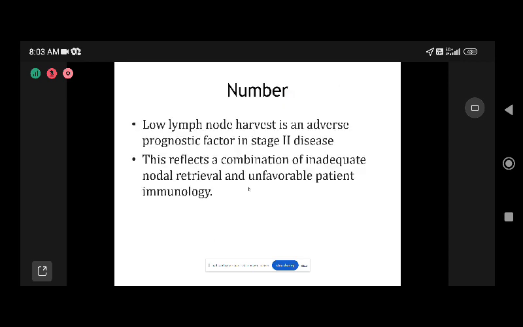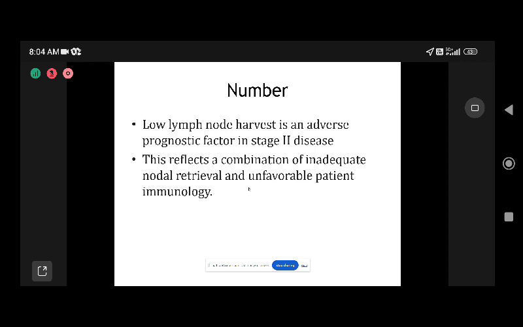And low lymph node harvest is an adverse prognosticator in stage 2 disease. It also can reflect a combination of inadequate nodal retrieval and an unfavorable patient immunology. So sometimes we completely strip the whole specimen and submit it, and yet we may not find many nodes. So that situation also happens. But from the pathology point of view, at least extensive regrossing should be done if the number of lymph nodes is less. But there will be instances where you would not find lymph nodes,